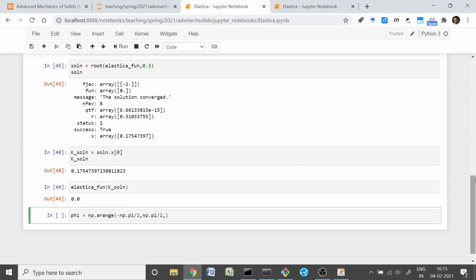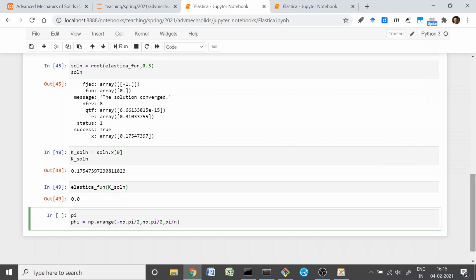As we go from minus pi by 2 to pi by 2, the entire range is pi, and that I will divide into 200 divisions. So let's say we set up our n as 200. I'm setting it out like this so that if we wish, we can later change n to maybe 500 or 1000, whatever we want, if we want finer refinements in our increments. All right,